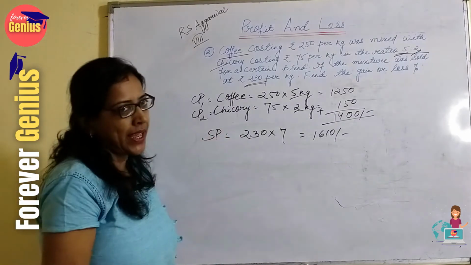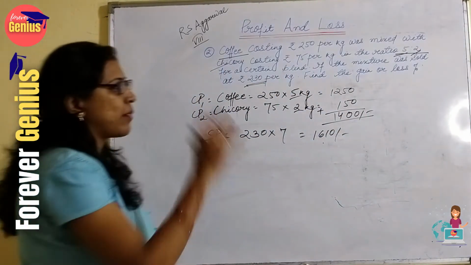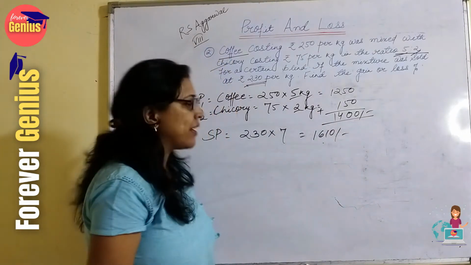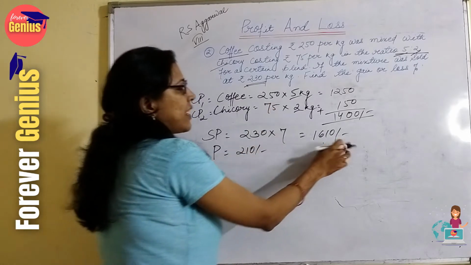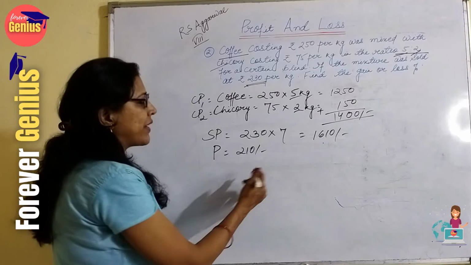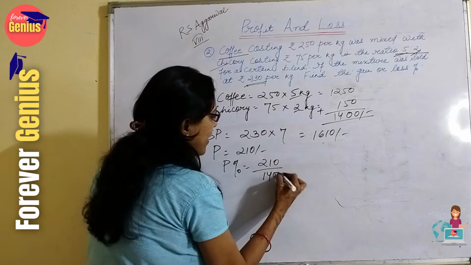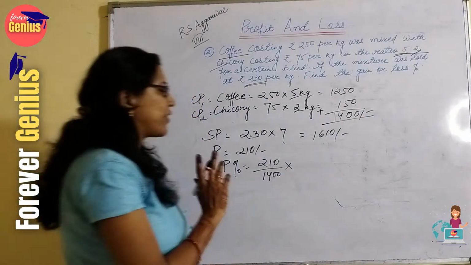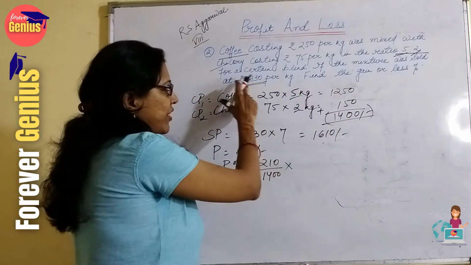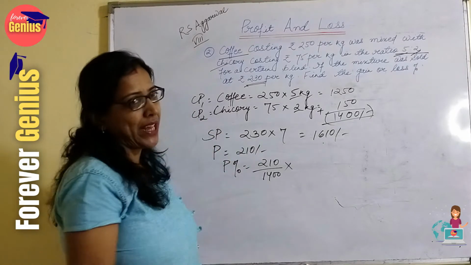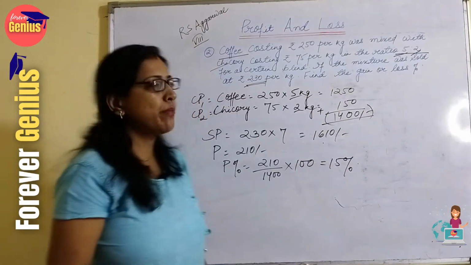So whenever we see that the selling price is exceeding the cost price, we can see that there is a profit on the whole transaction. So here it is a profit of 210 rupees. 1610 minus 1400, it is coming to 210. Now profit percentage is equals to 210 by 1400. We will always take on cost price. We cannot take it on selling price, and we will take the total cost because we are calculating the overall profit and loss here. So when we calculate, the answer is coming to 15%.